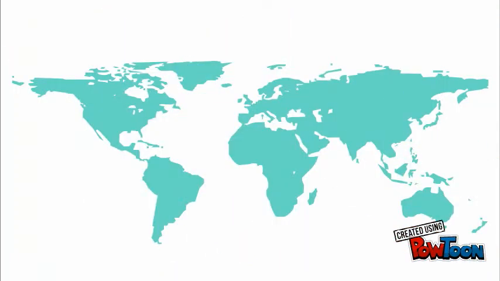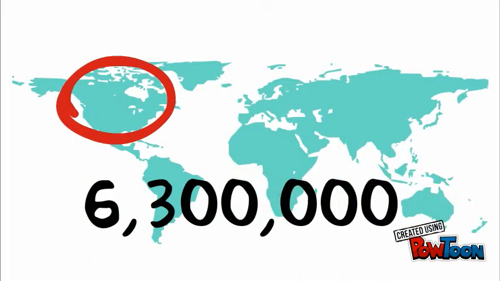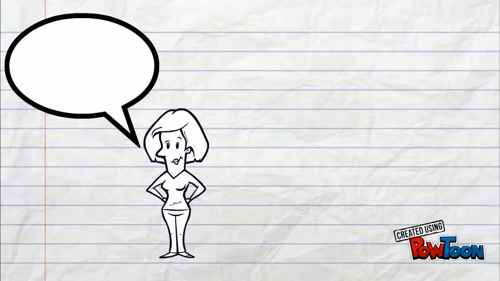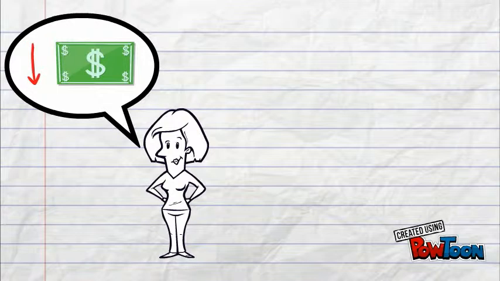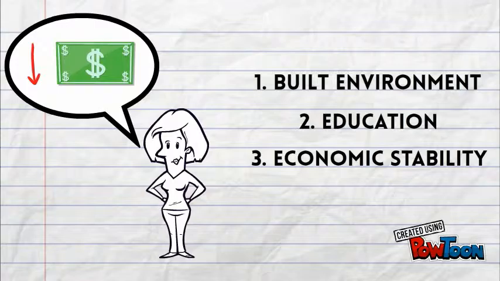Let's first consider the entire population of Canada. In Canada, 6.3 million adults are currently considered clinically obese. That's an astonishing 1 in 4 people. Obesity is even more prevalent in lower socioeconomic populations. Since I work in public health, I see firsthand the influential factors impacting this population. There are 3 common factors faced when we are looking at the influence on this population: 1, built environment, 2, education, and 3, economic stability. Let's look into these a little deeper.